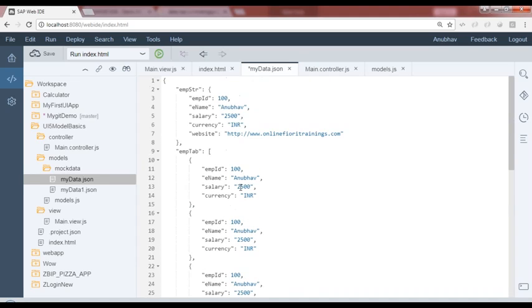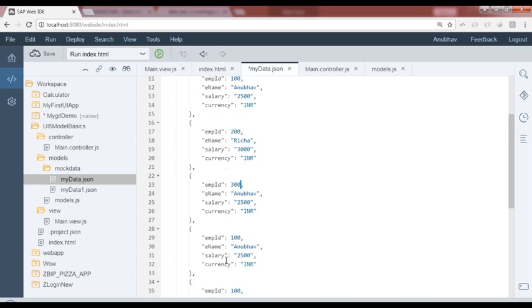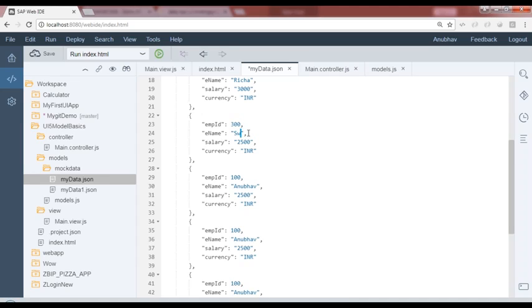Okay, I replicated these many rows, and I just start with employee number 100, Anubhav, 2500 INR; employee number 200, Richa, 3000 INR; employee number 300, Swami, 9000 USD; 400, Rimmi, 2800 euros; 500, Raji,